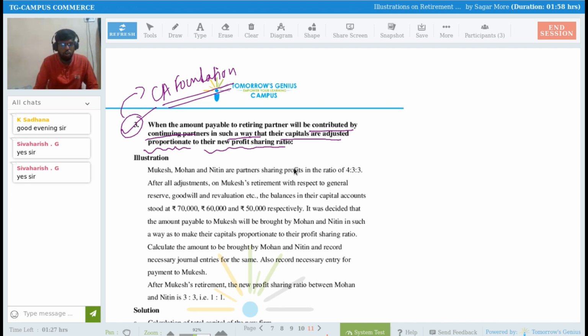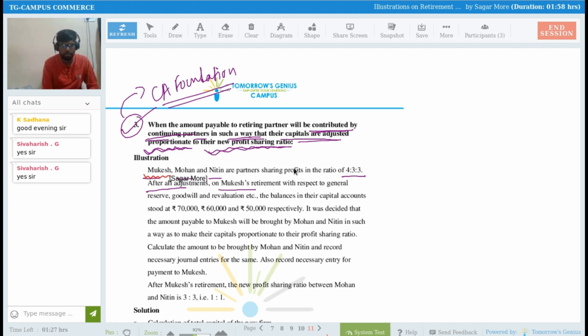What they are saying is, when the amount payable to the retiring partner will be contributed by the continuing partners in such a way that their capitals are adjusted proportionate to their new profit sharing ratio. So their capital has to be in proportion to their new profit sharing ratio, and they have to contribute also for payment to the retiring partner. Okay, so Mukesh, Mohan and Nitin are partners sharing profits and losses in the ratio of 4:3:3. After all adjustments on Mukesh's retirement,